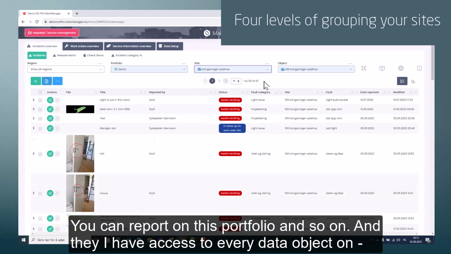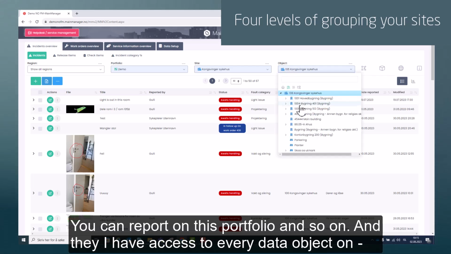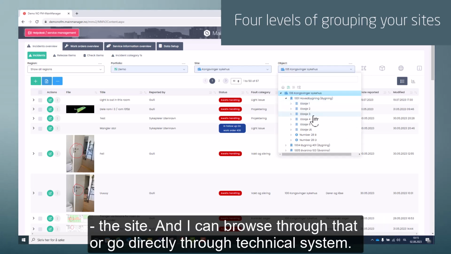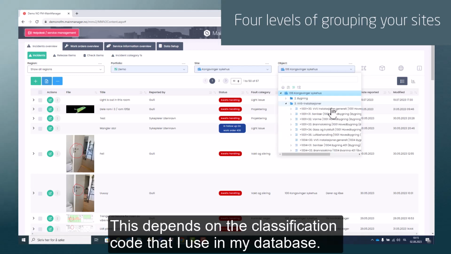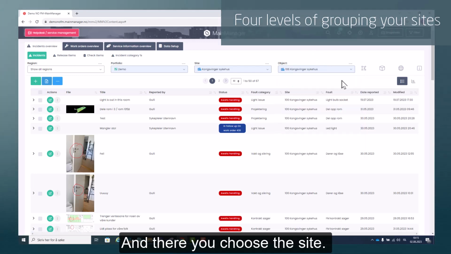Here I choose site, and then I have access to every data object on the site, and I can browse through that or go directly through technical system. And this depends on the classification code that I use in my database, Uniclass, TFM code, SSB, and so on. And here